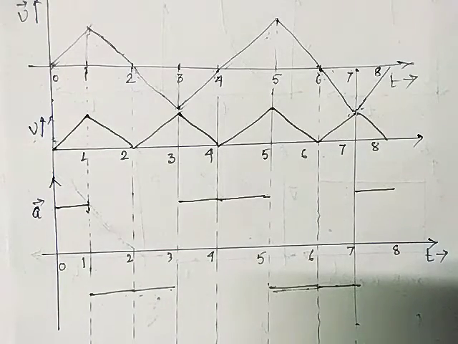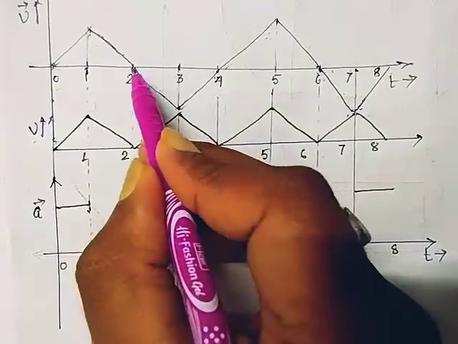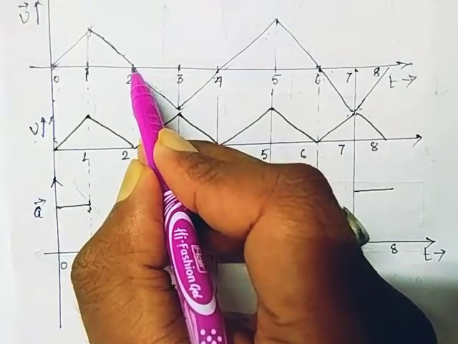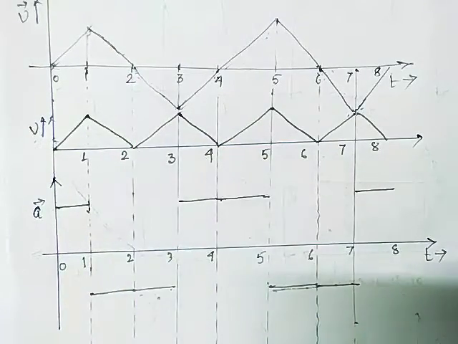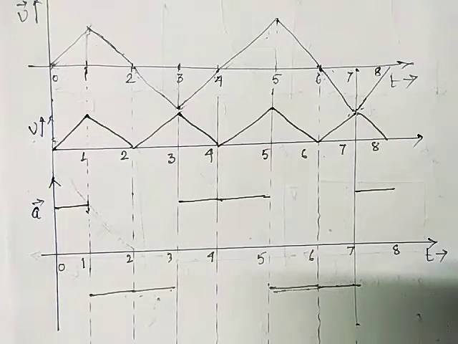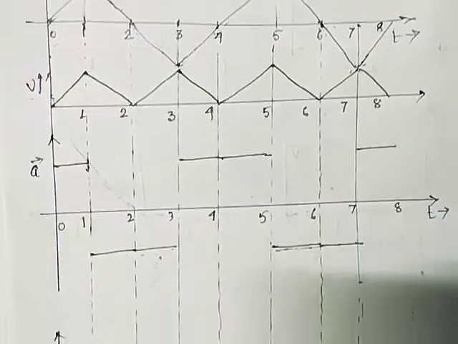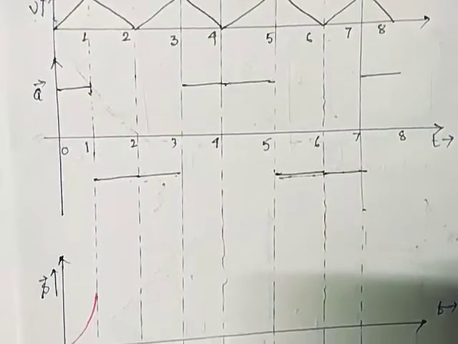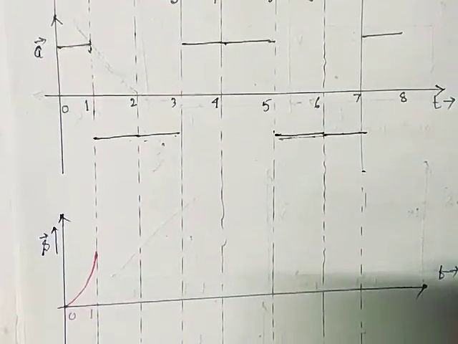Velocity is decreasing in a constant manner, and the velocity becomes 0 at the end of the time interval 2. At 2 the velocity is 0. So the motion ceases, the velocity becomes 0. So at 2, the displacement versus time graph that we are going to draw will be a straight line, because at that time the velocity is completely 0.